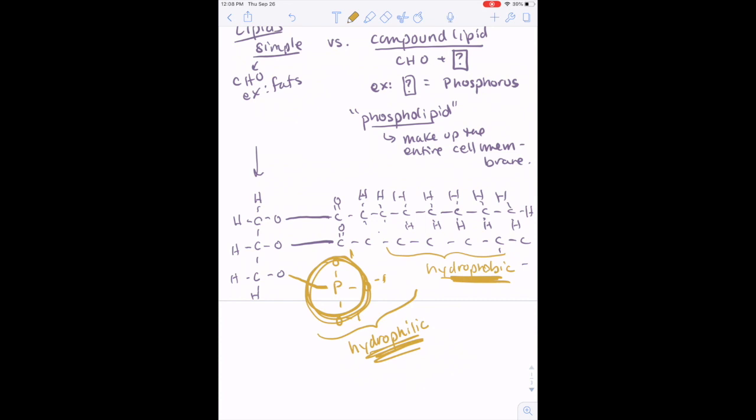And you know what? Hydrophobic stuff does not get along with hydrophilic stuff very easily. They don't like each other. All right, but they're part of the same molecule. So they're stuck with each other. What happens is that this phosphate group here, it's gonna spin around on this bond and get as far away from these hydrophobic tails down here as it can. And what will happen